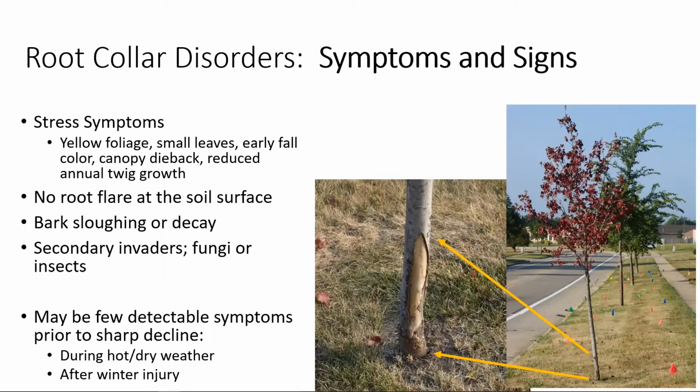In the spring when it leafs out, we can have a tree that's not doing so great, that seemed to be fine last year. But if a root collar disorder is the cause and there's some trunk strangulation going on, it's possible that trunk strangulation has disrupted the translocation of growth regulators through the phloem that help with hardening off for winter. That can leave a tree a little more susceptible to winter damage. So there's a lot of things in the functioning of a tree that can be disrupted when we change what's going on around the root collar area.